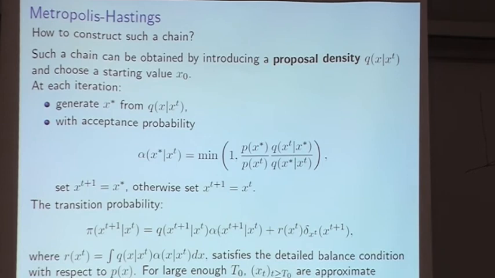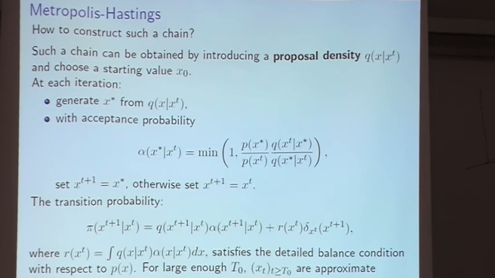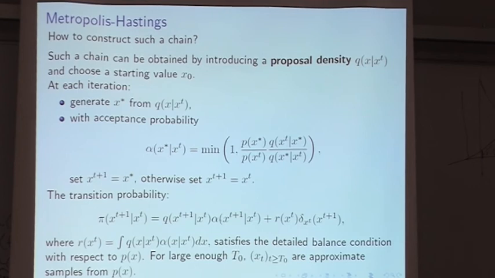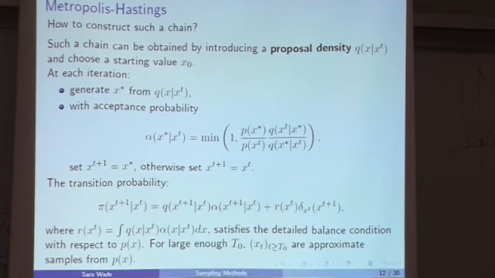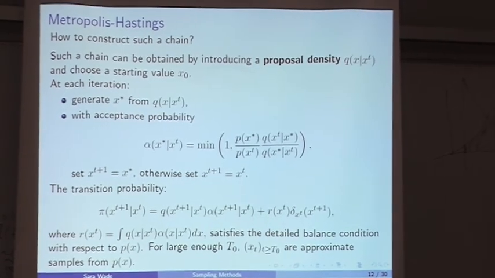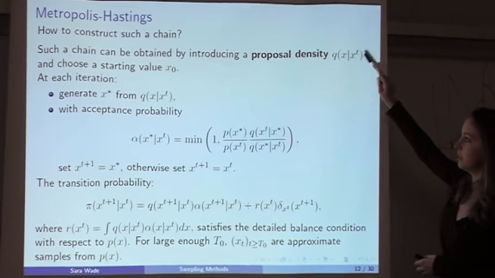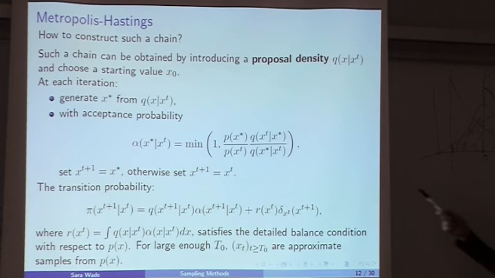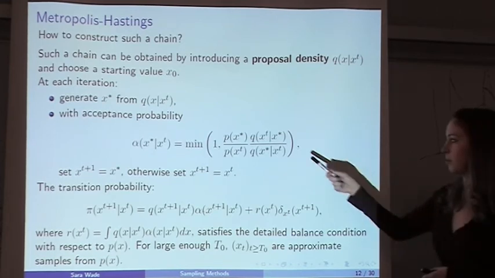So how do we construct such a chain? This can be done through Metropolis Hastings. The idea in Metropolis Hastings is to introduce some proposal density Q, which depends on our previous state xt, and we choose some starting value x naught. In each iteration we generate a candidate value x star from our proposal, and we accept this candidate value with this acceptance probability here,